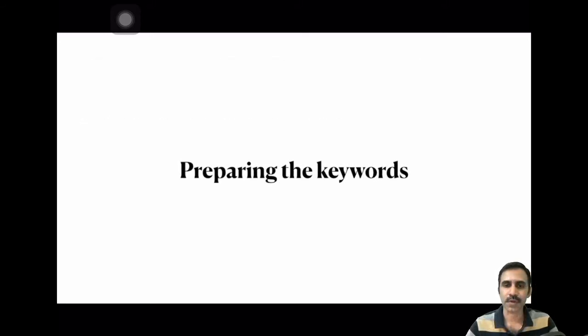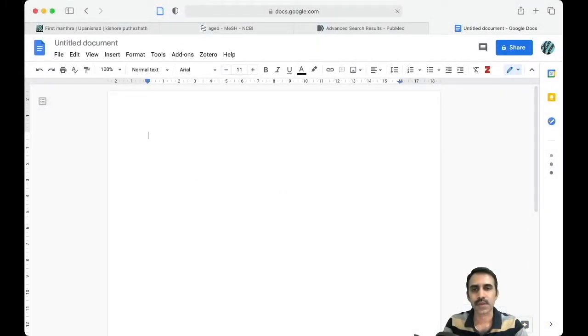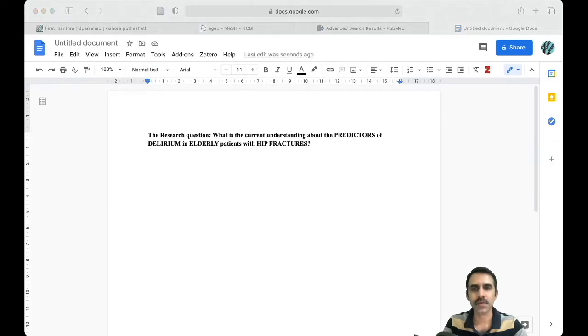So how to prepare the keywords? We have to open up a text editor, paste your research question, and divide your search into different concepts.